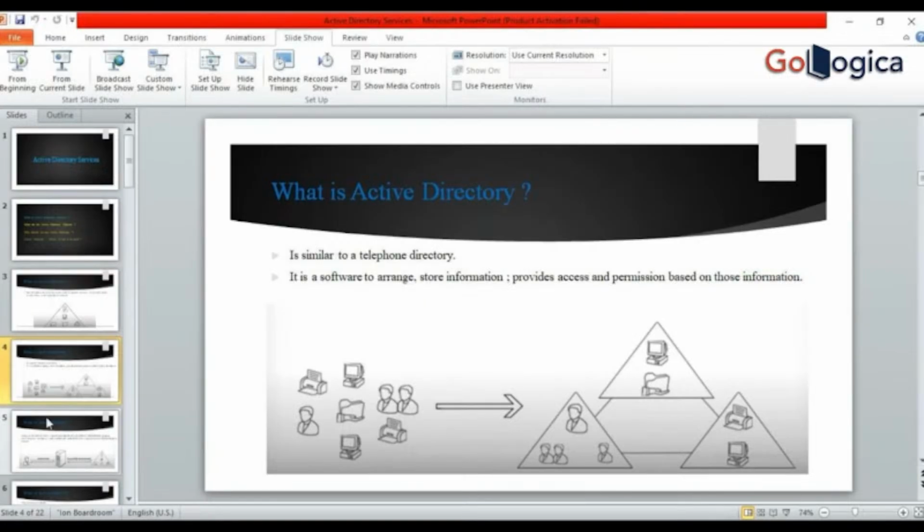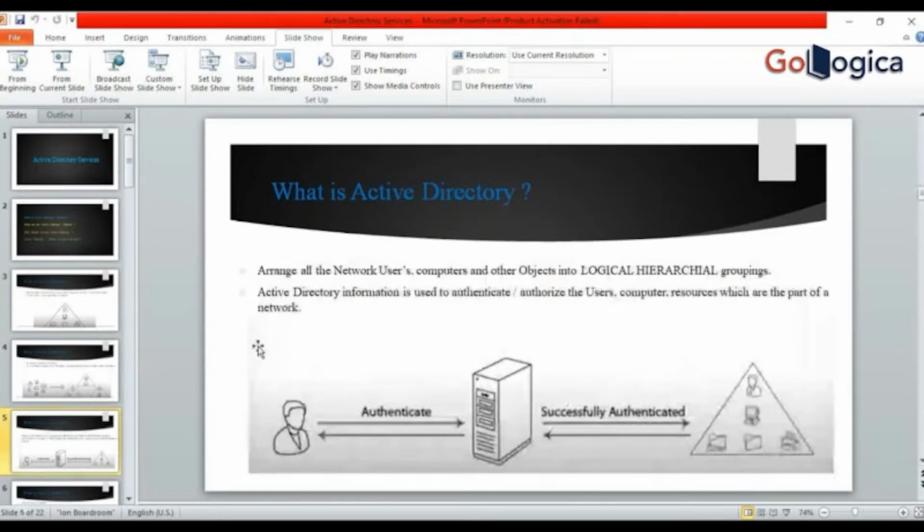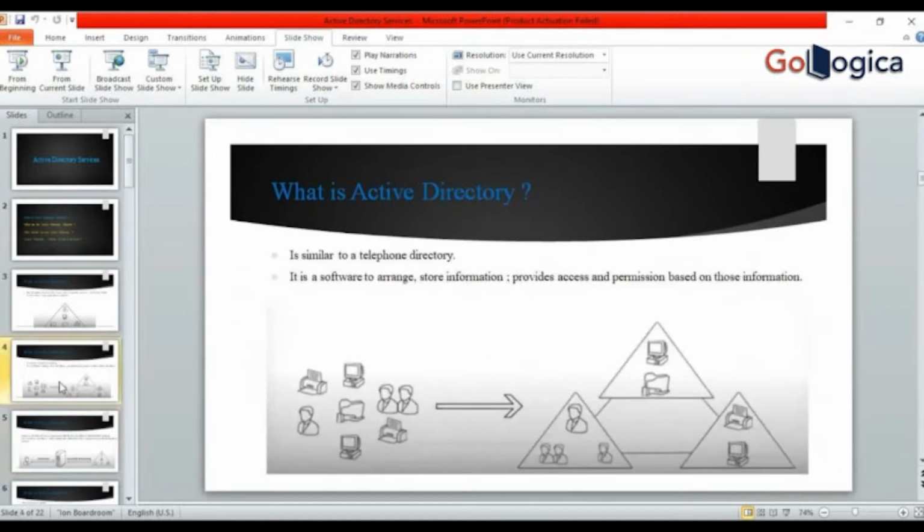Okay. I have a question, please, about the previous slide. When you say it's similar to a telephone directory, if I'm linking that, that means in our telephone we have different numbers of different people with their names, and so this is